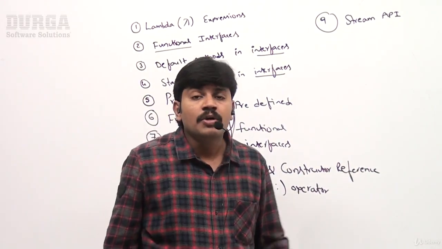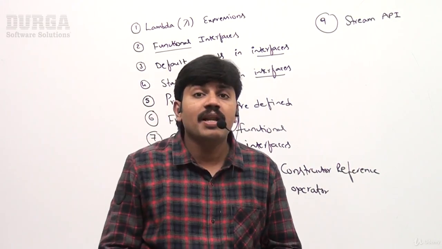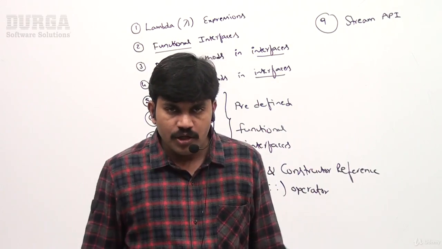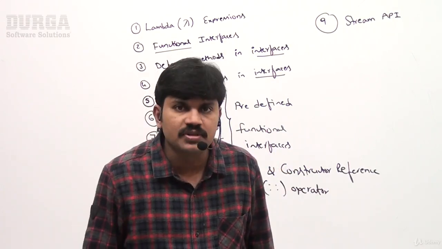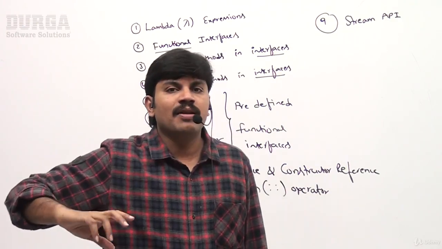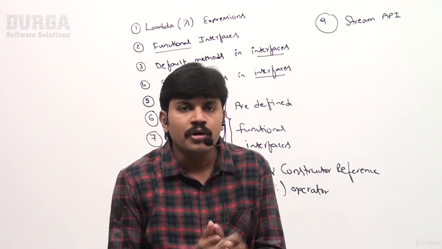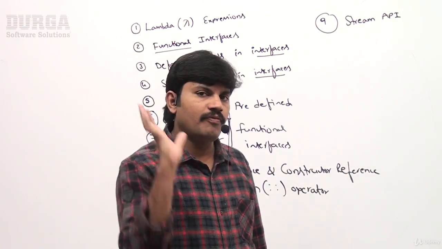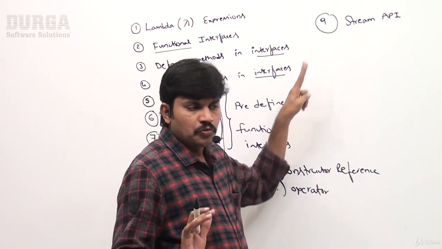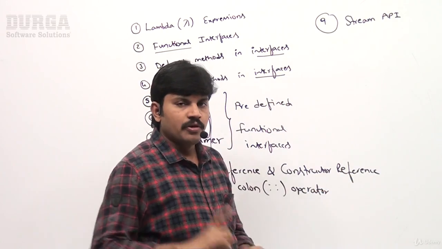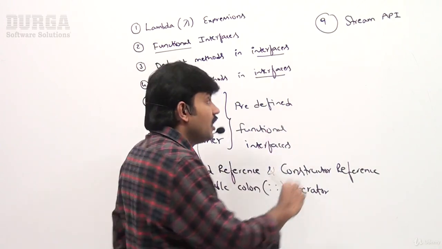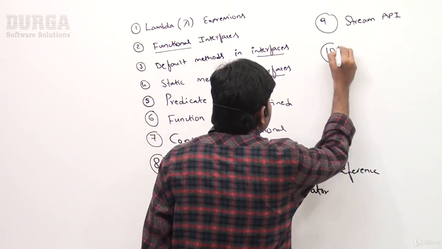So performing bulk operations on collections will become very easy. In your normal coding, if you are writing 5, 6, 7 lines of code, you can write it by using stream in only 1 line. So to write more readable, maintainable, concise code, the streams concept is a wonderful, beautiful concept. Whenever we are using Java 8, only two words are in every person's mind. One is lambda expression, second one is what? Stream API. Most valuable concepts, and of course my favorite topics.